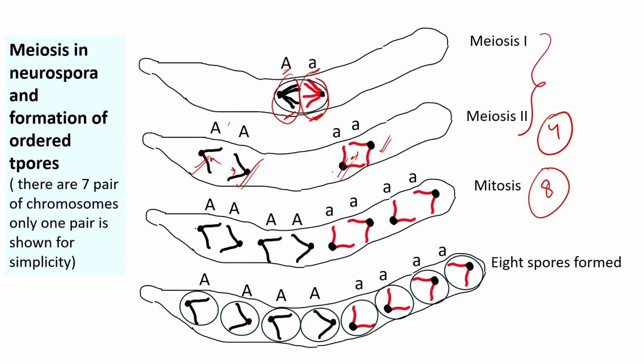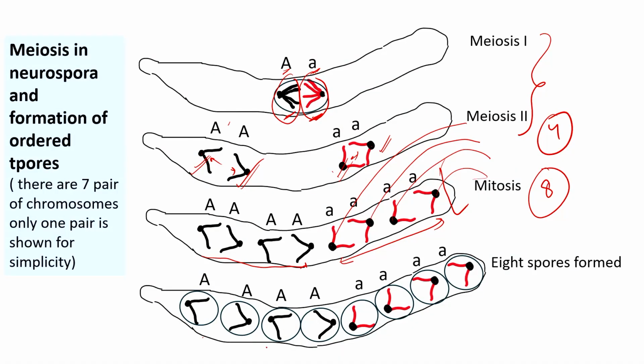So you see all the capital A's are arranged on one side and all the small a's are arranged on the other side. So if you open this ascus on one end and start removing the spores one by one, you really know what you are going to expect, right. So at least the expected combinations you will be very sure of, because every spore has a duplicated spore and you are also familiar with the homologs, right. So that is how they become the spores,